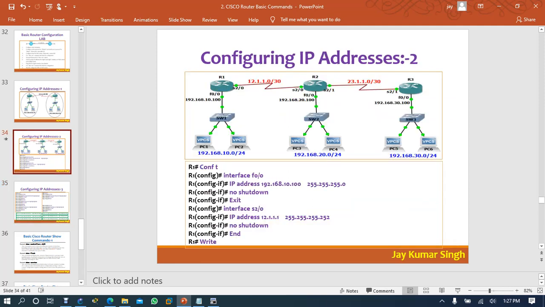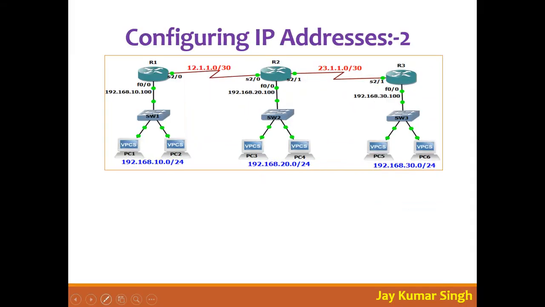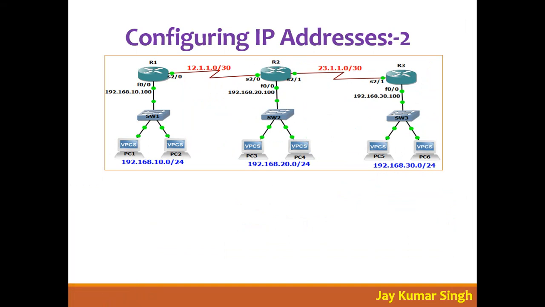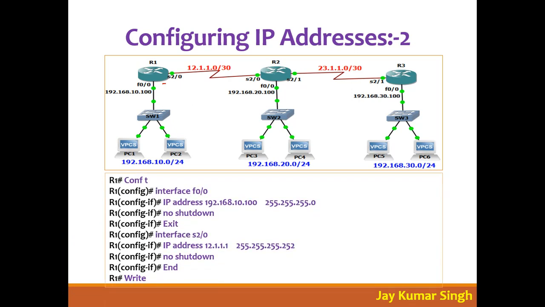Then how to configure IP on router 1, then router 2 IP address. Okay. See here. Conf t. How many interfaces do you have on router 1? Two interfaces, fast 0/0 and serial 2/0, right? See, interface fast 0/0, this is the IP address which I have written here, 100. So this 100 is the default gateway of these PCs, right? Okay, serial 2/0, 12.1, and this is the subnet mask, right?